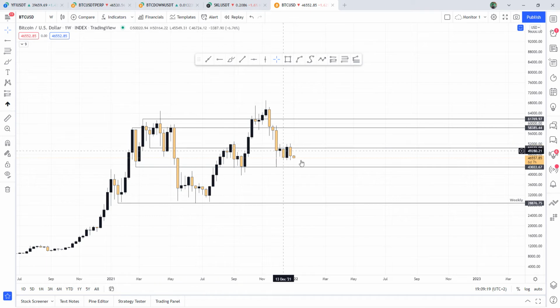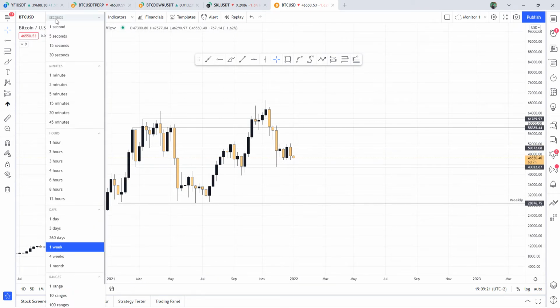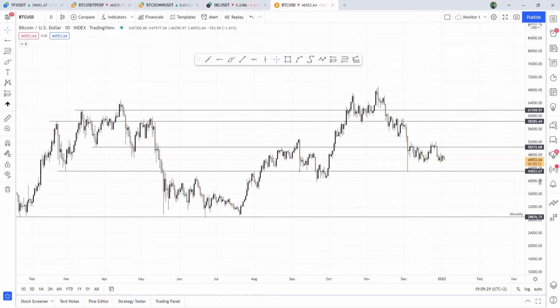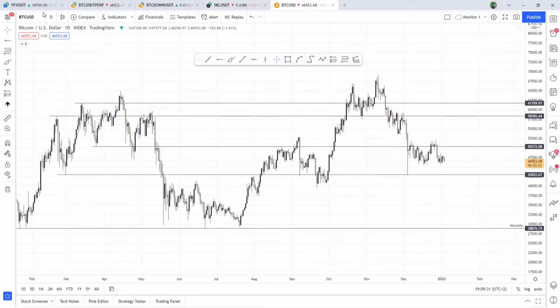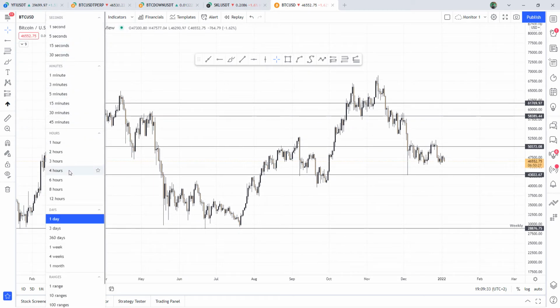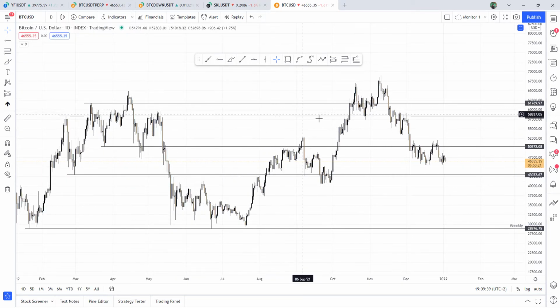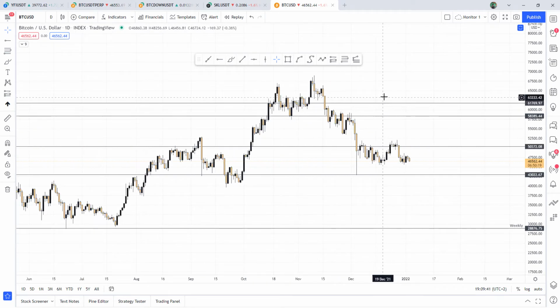After you identify the levels on weekly, then you go on daily. This is the routine. You go on daily and you do the same thing on daily. Then you go on 4 hours, and that's all that you need. If you have too many levels on your chart,